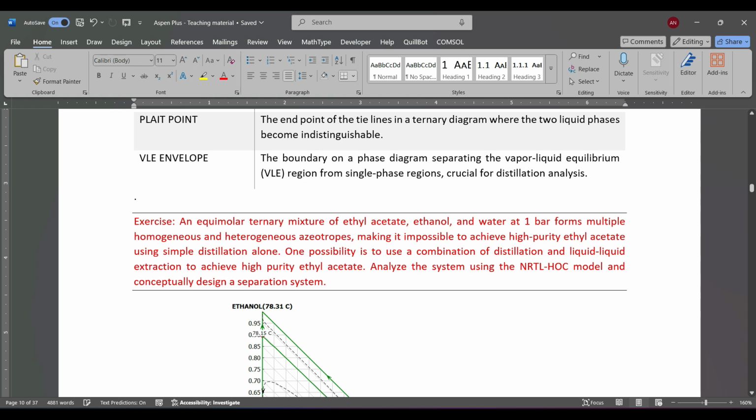So if there is a mixture of ethyl acetate and ethanol, that makes an azeotrope as well. If that is the azeotrope, we cannot get the pure ethanol and the ethyl acetate from the same distillation process. Either you can operate with pressure swing distillation, or you can introduce water as a solvent, and that solvent will preferably dissolve one of the components and leave the other one to get into the second distillation process and get the pure distillation. So we are asked to analyze the system using an NRTL-HOC model and conceptually design a separation